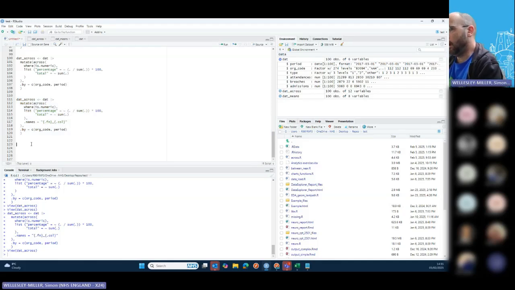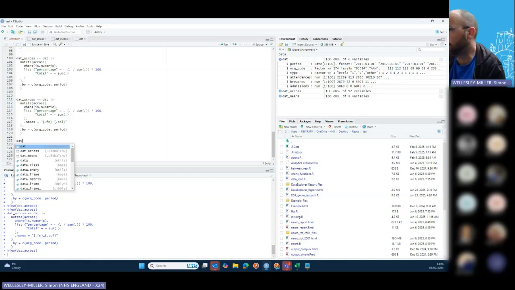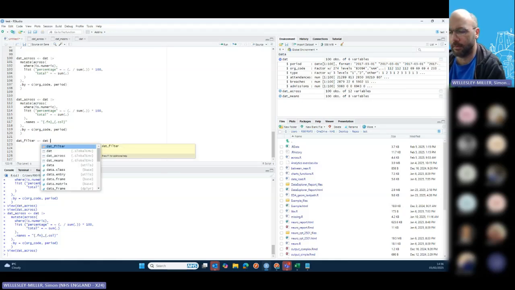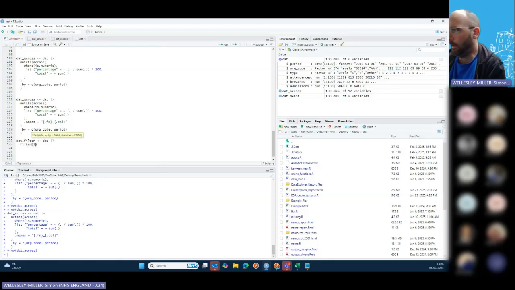Also part of the across family is the if any, and if all. And they sort of sit within filtering. So these are quite nice little features. So data filter equals that, and then if I remember how to do this, so obviously filter, and then if any, so if any of breaches or admissions